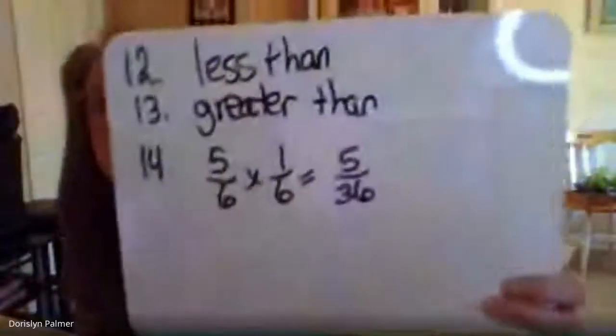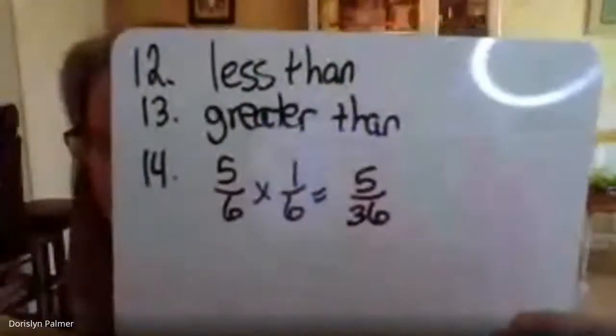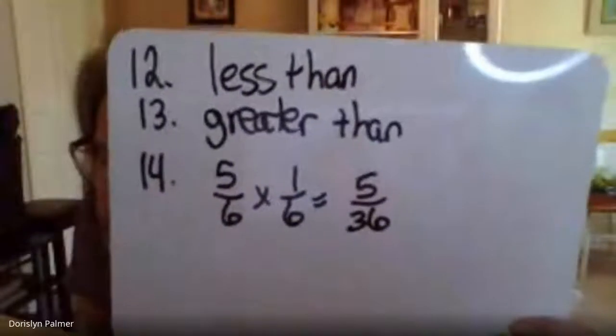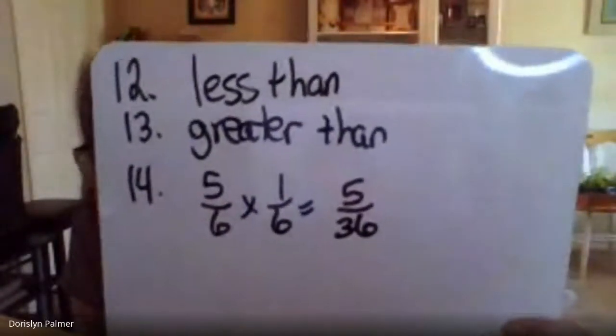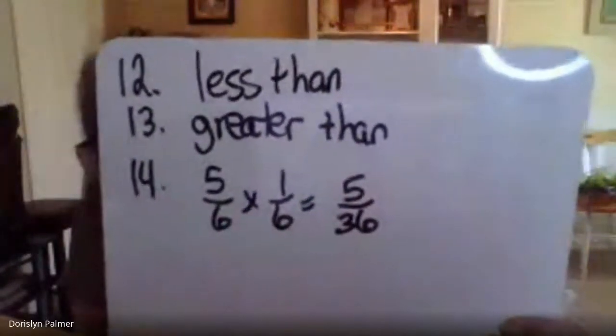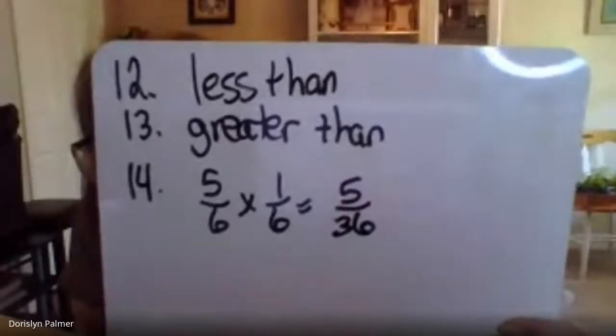There is 5/6 of an apple pie left from dinner. Tomorrow he eats 1/6 of the pie that was left. So "of" is multiplication, so we're going to multiply that, and he eats 5/36 of the pie, but that wasn't the question. How much of the whole pie will be left after he eats tomorrow?